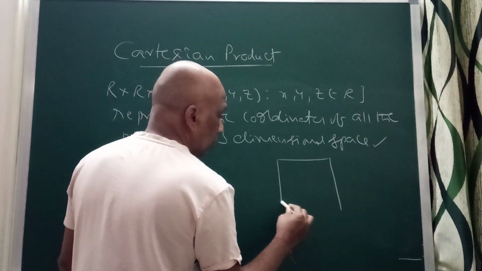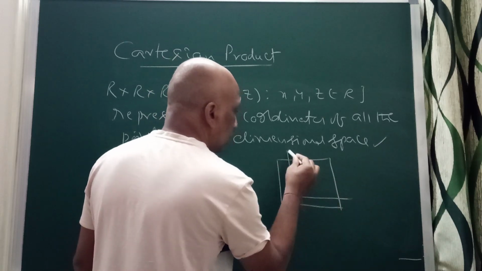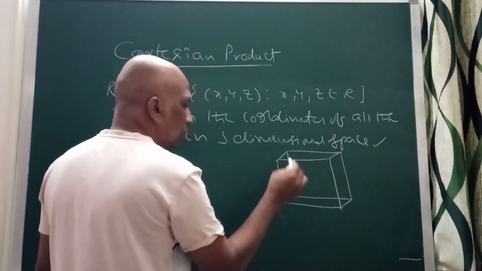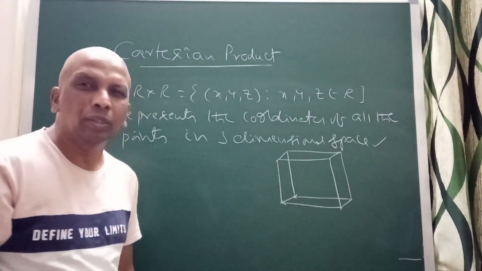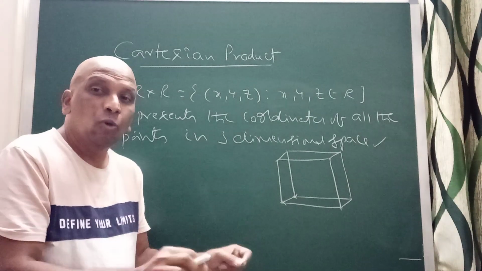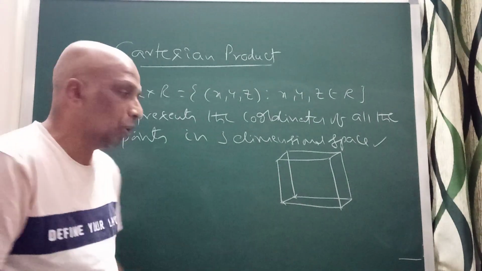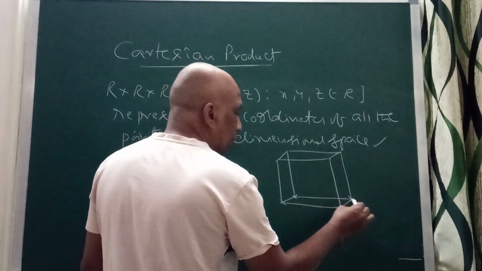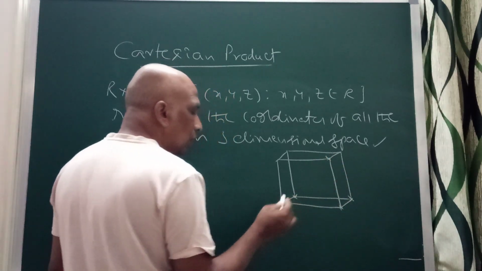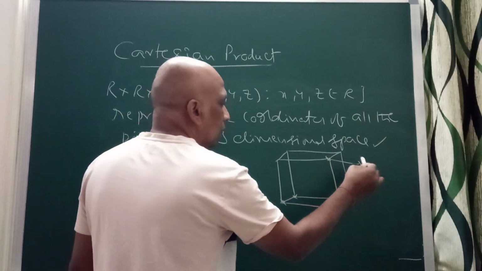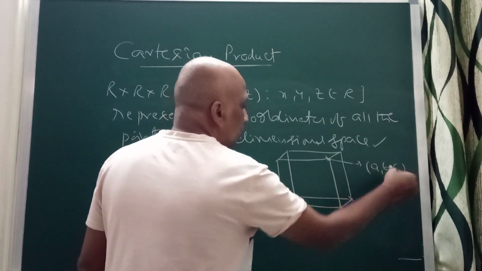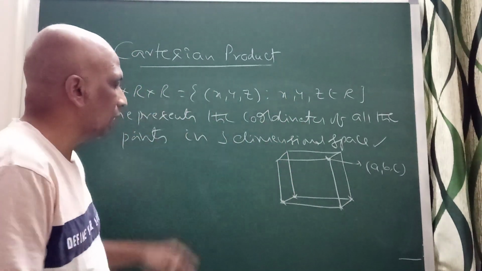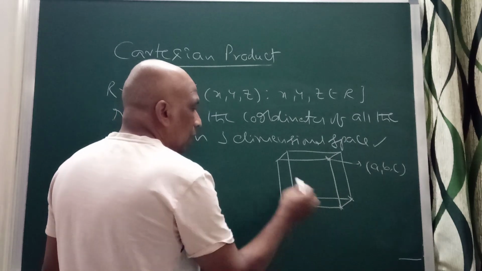Suppose you think about this three-dimensional space. In two dimensions, every vertex has two lines passing through it. Here, three lines pass through. To represent this point, I can write A, B, C: three coordinates, length, breadth and height. So that is three-dimensional. For every vertex, I can draw three lines.